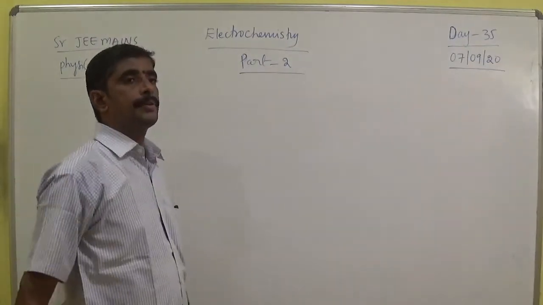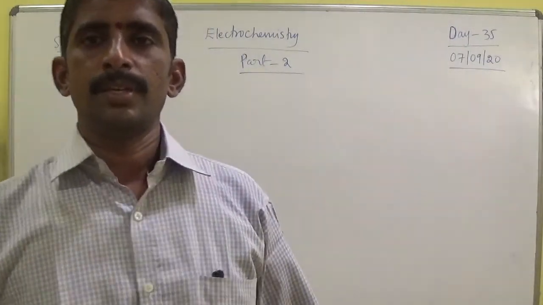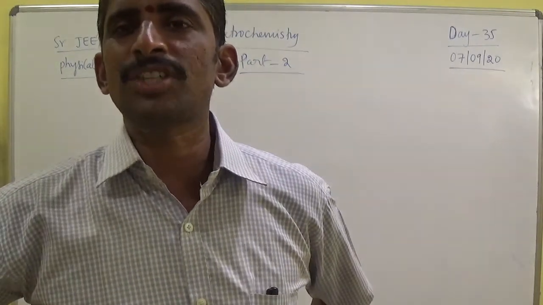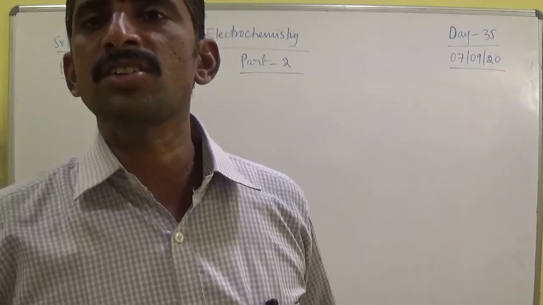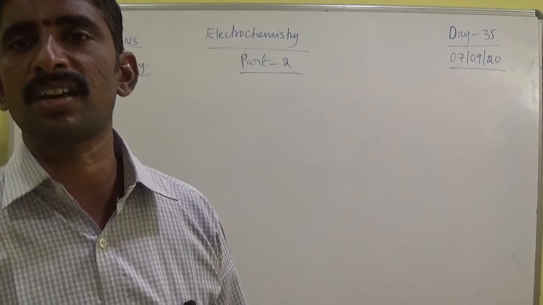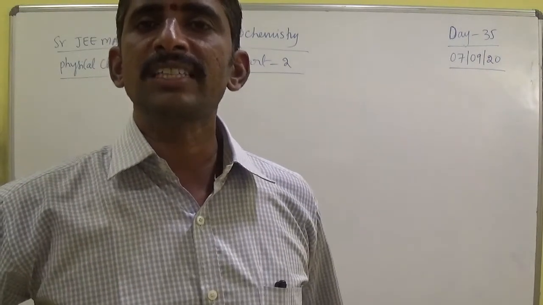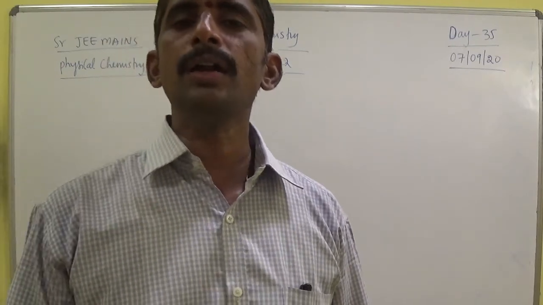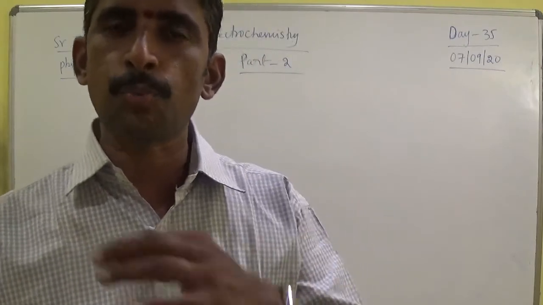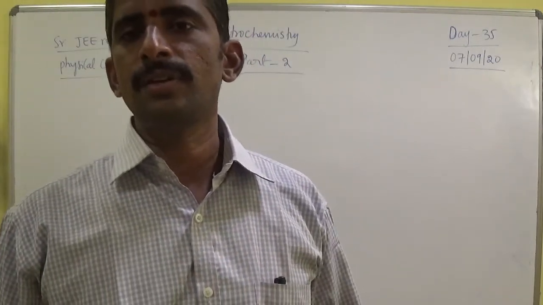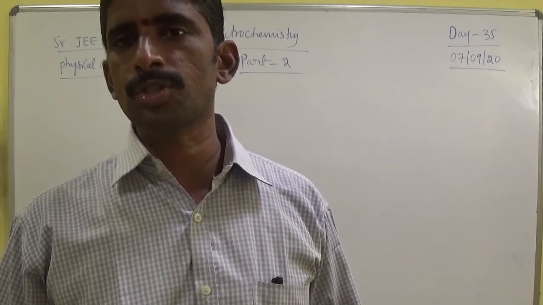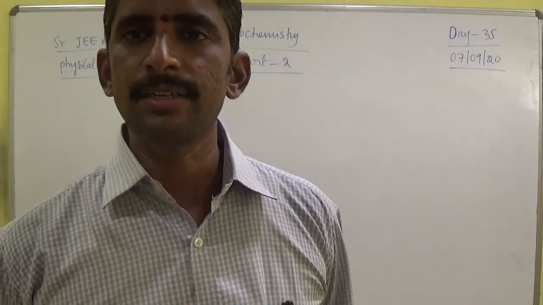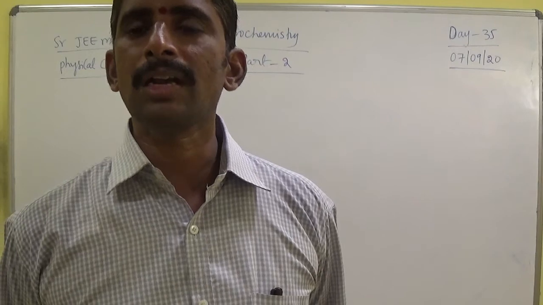Next, generally, specific conductance of the solution increases with increase in ionic concentration of the solution. When concentration of the solution increases, specific conductance increases, but molar and equivalent conductance decreases. Note this point. Increase the ionic concentration of solution, increase the specific conductance of solution, but decreases in equivalent conductance and molar conductance.